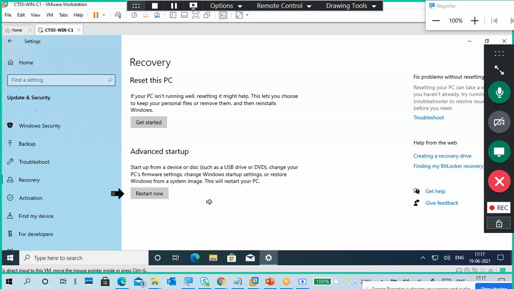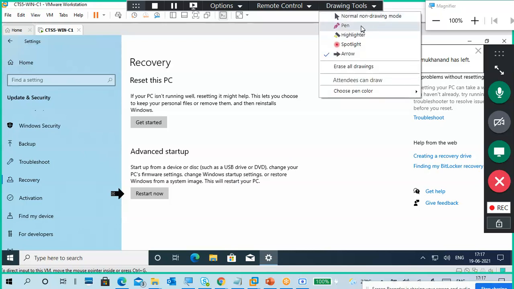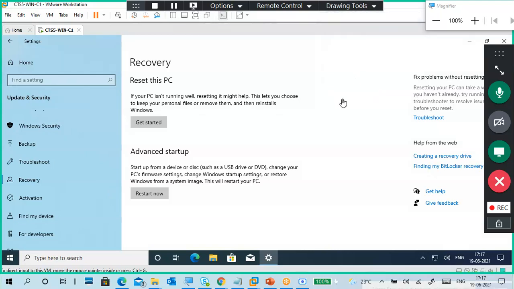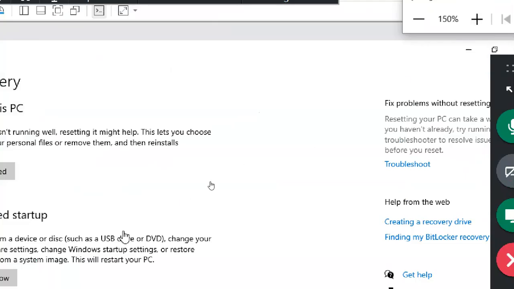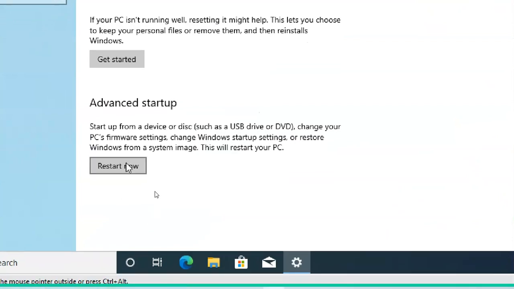Change your PC firmware settings. Firmware means BIOS setting, UEFI setting. Change Windows startup settings. Restore Windows from system image. This will restart your PC. So if you click on restart now, your system will restart automatically, but it will give you advanced startup options for repairing purposes. Okay guys, so now I'm going to click on advanced startup.